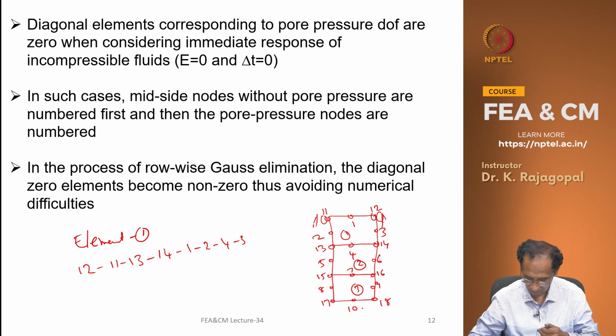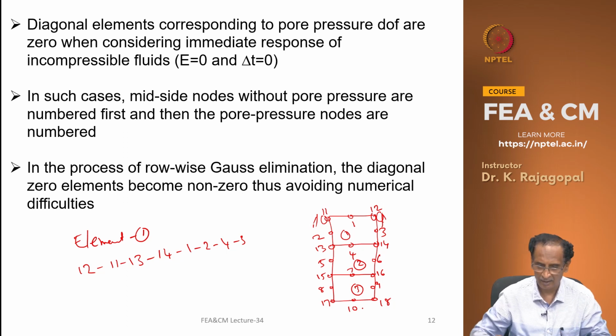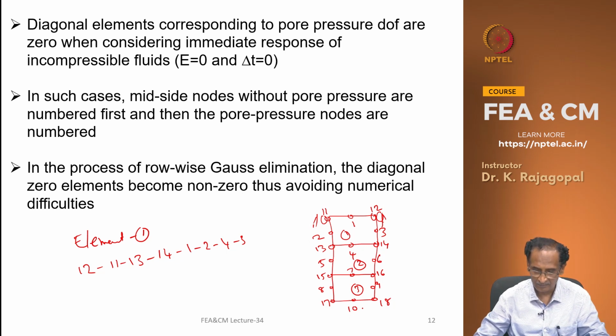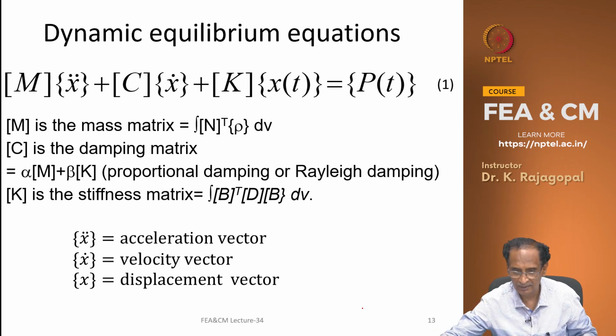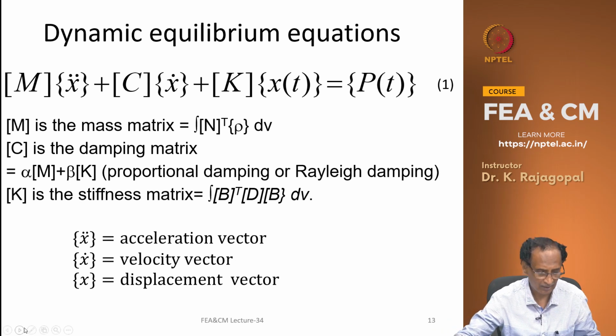Okay. So, you will hear some lectures on these topics later on through some guest lectures by my colleagues in the department. Now, let us briefly see the dynamic analysis of the soil structures,